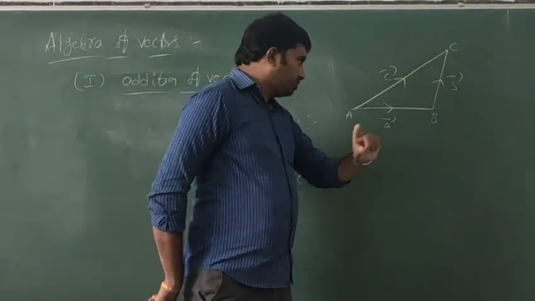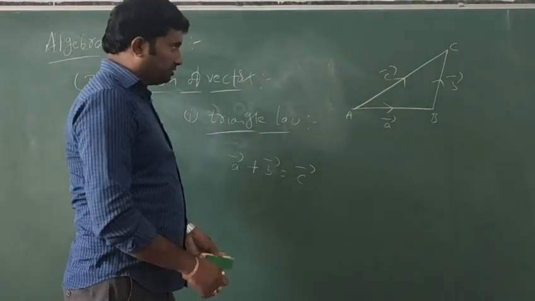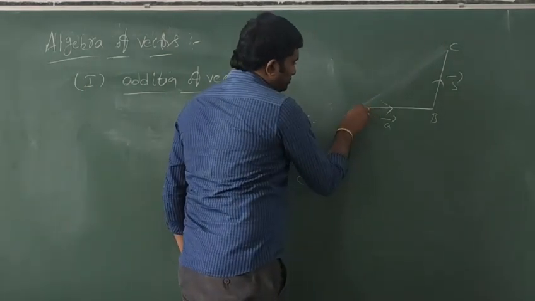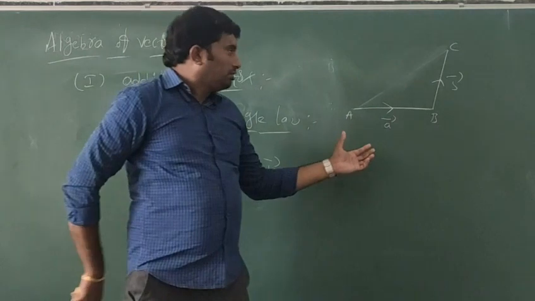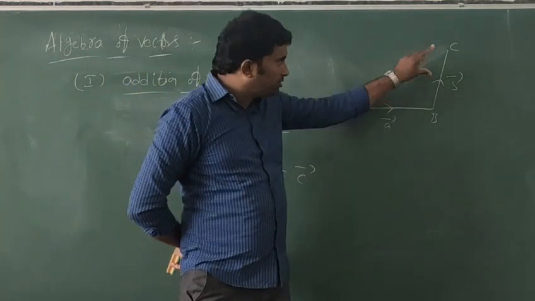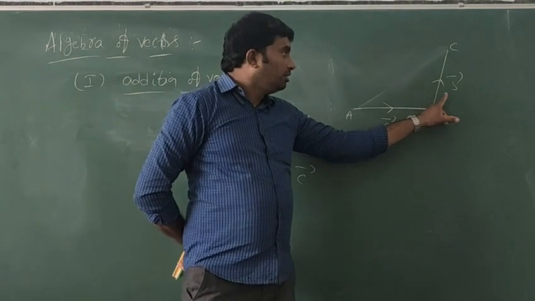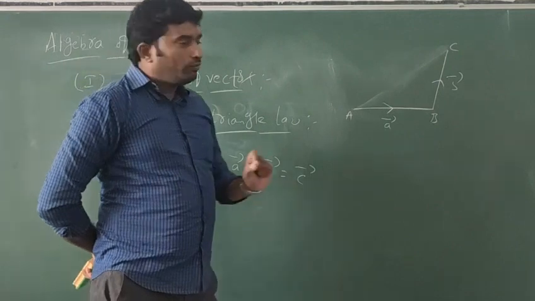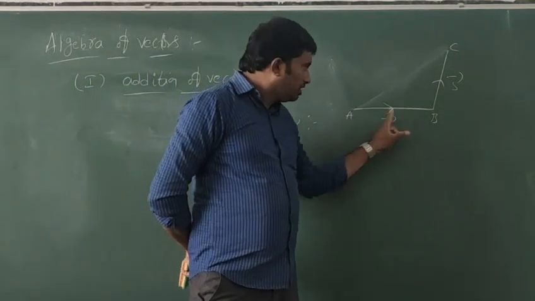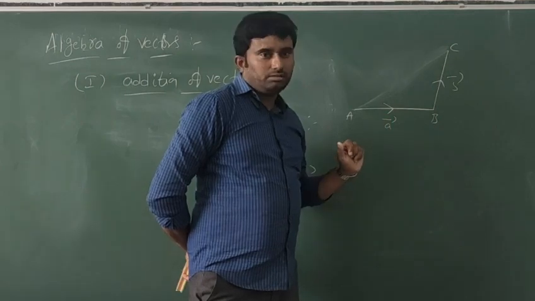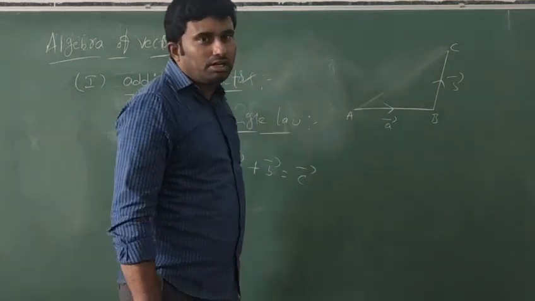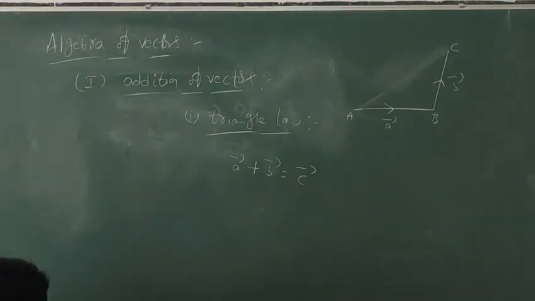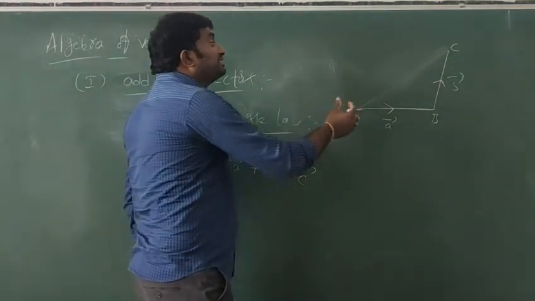If two vectors are expressed in magnitude and direction by the two sides of the triangle, then